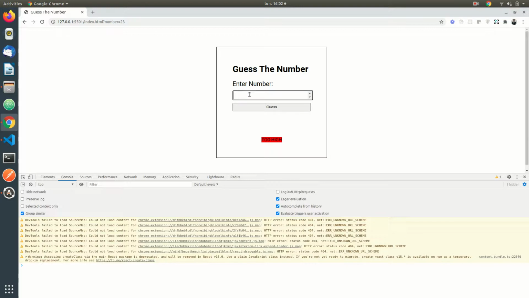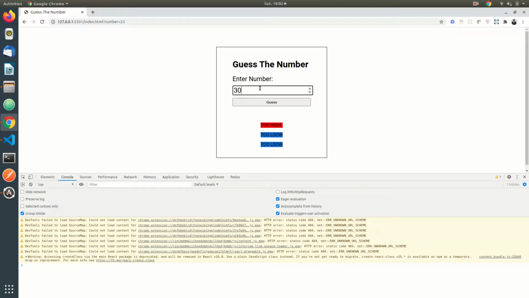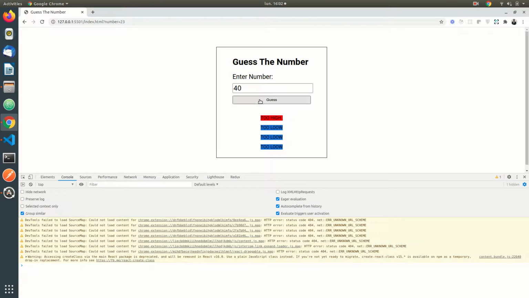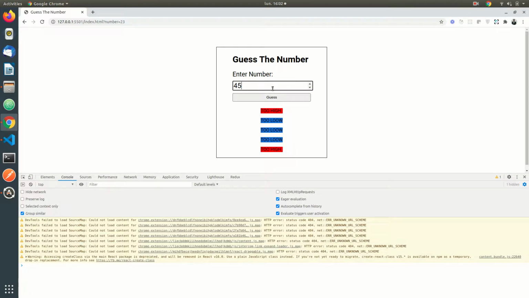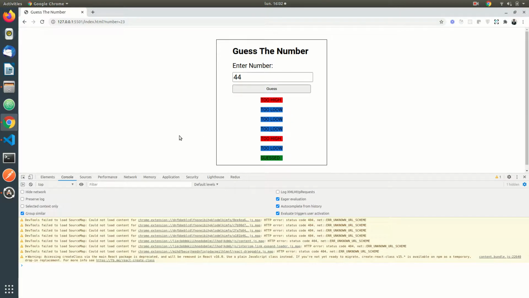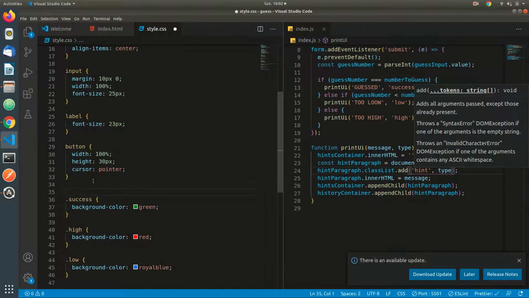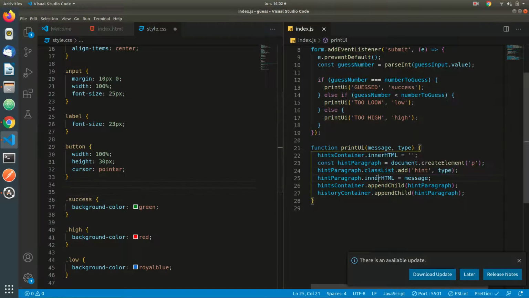Okay, too high, let's try 10. Too low, let's try 30 to find the actual number. So 40, 45. Yeah, so it's something between 40, let's say 43, 44. Yeah, now you have the guess, and it's changing colors depending on the actual type. And here I want it to occupy the full space. All right,